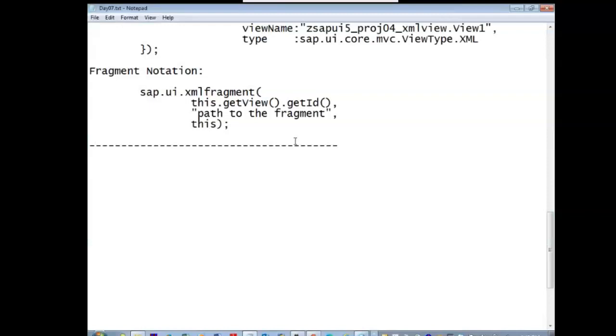I don't think that needs to be resizable, but it's up to the requirement. If you want to show messages, you can go with the standard message box control. If you want it draggable, resizable, all those kinds of things, you can create a fragment also. But in your requirement scenario, I don't think a fragment is used for showing messages.